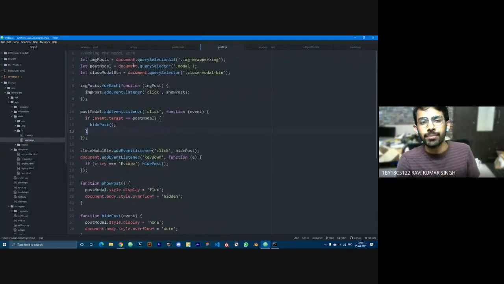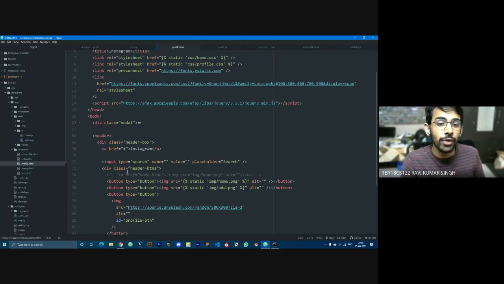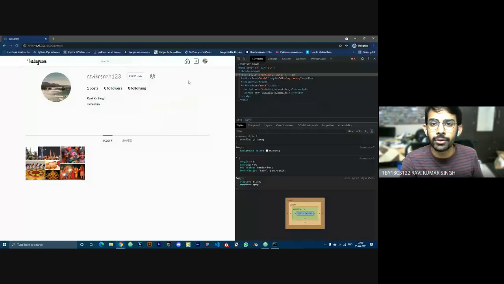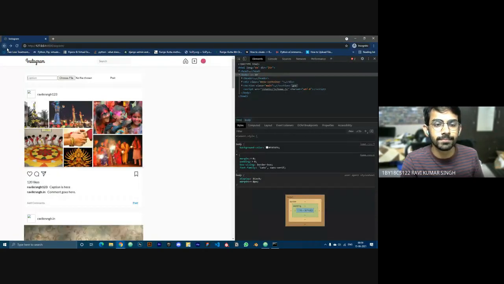So basically now making the modal work. He has written it here. Now let imagePost equal document dot querySelectorAll image. As of now, you remember this thing: first we placed the position here, then we made it display none, and every time we click on it we used to change the display property.